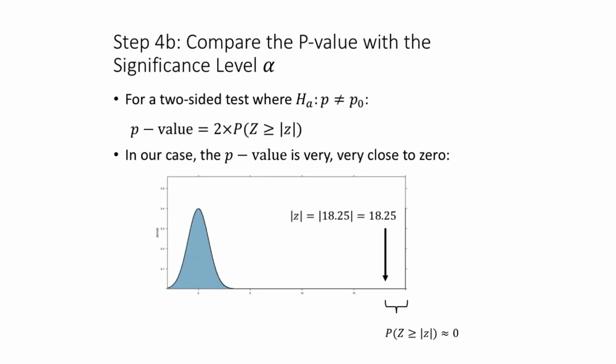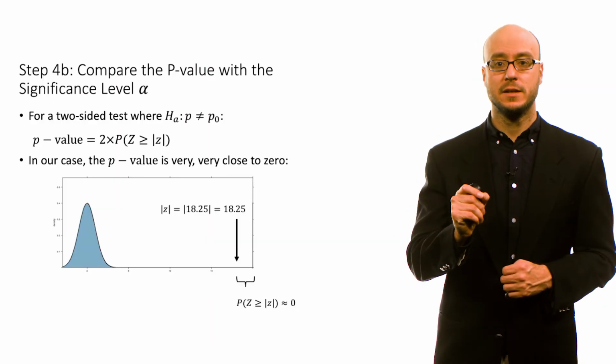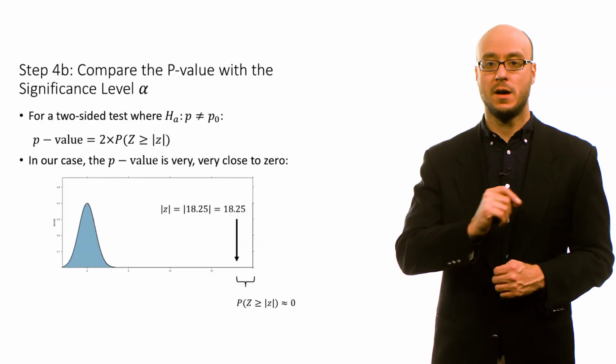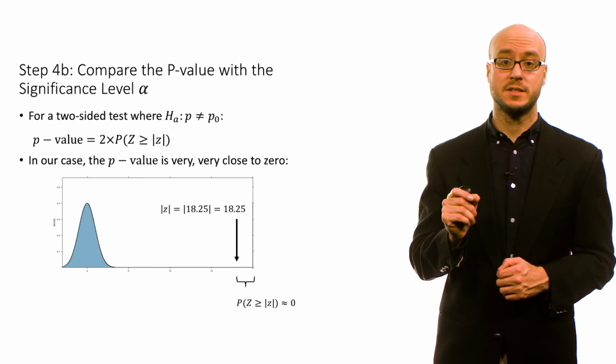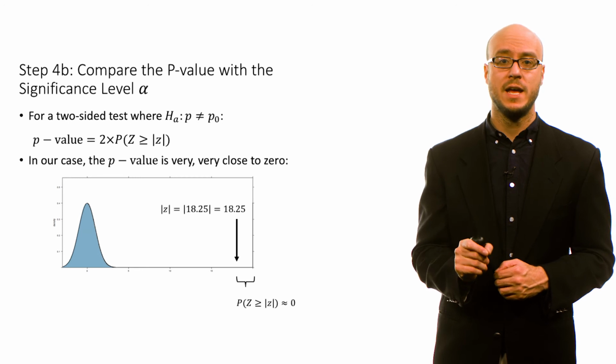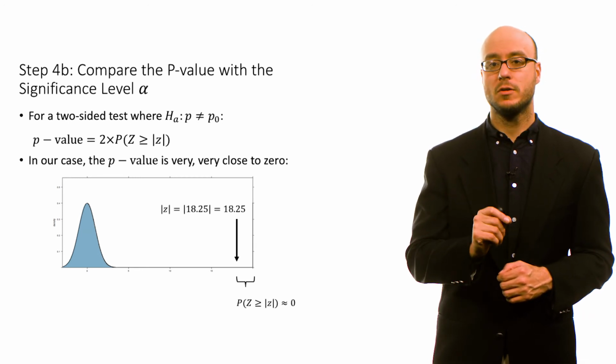So here we have a visualization. That distribution is where the sampling distribution should be located if that null is true. If the population proportion is actually 0.5, that's where the sampling distribution should be located, and that's roughly the shape that we'd expect it to have. Our sample of data is located way off on the end. That's because it reflects the z-test statistic, 18.25, and what it's reflecting is that if that null is true,